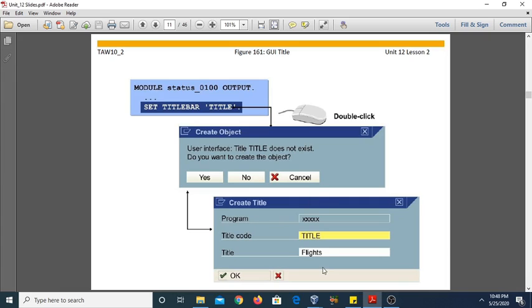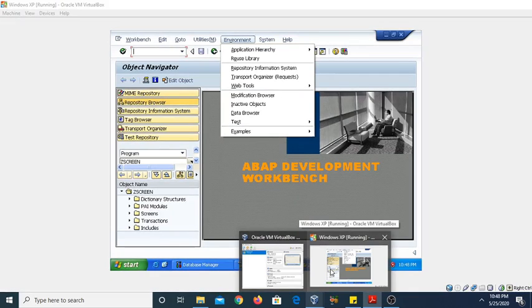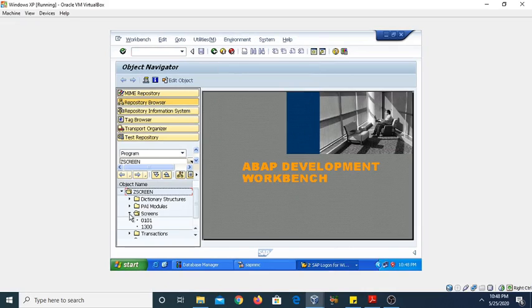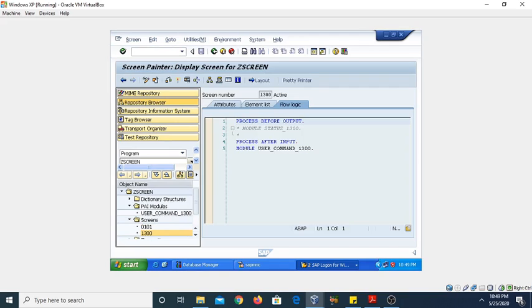Now practically, if you want to see, just go there. We have created here the program JetScreen, and if you want to set a particular title bar, we need to access the flow logic of the screen. Go to the particular screen number, go to this flow logic and make it editable. You can see this is a module status. Just enable it, click on the save button